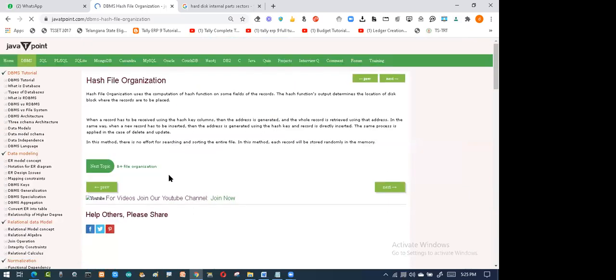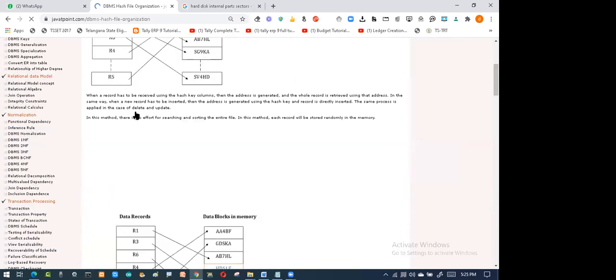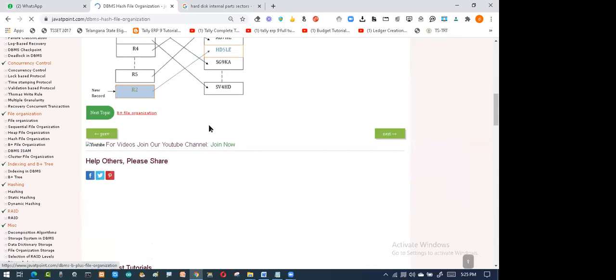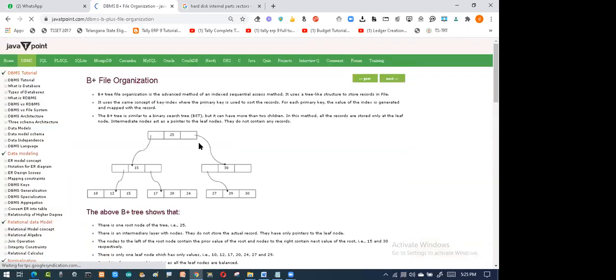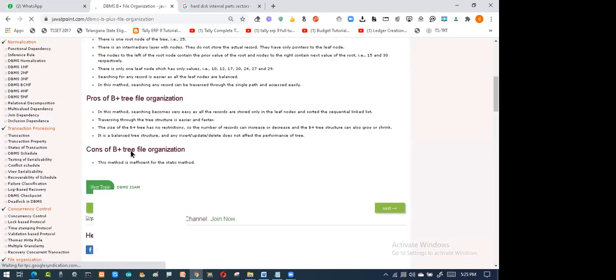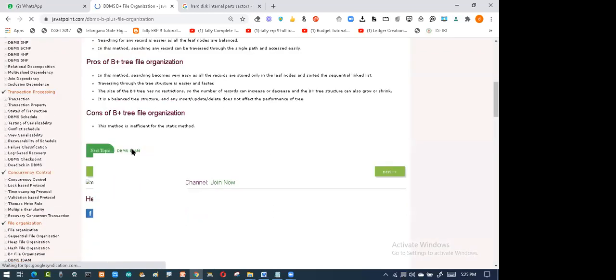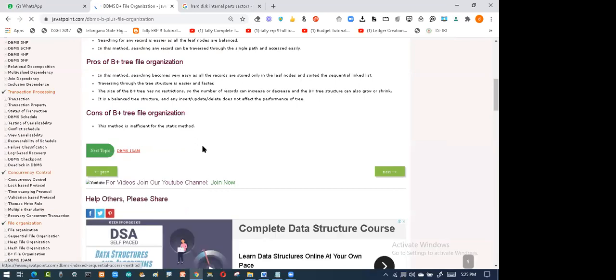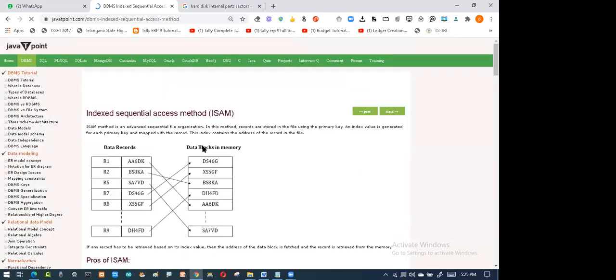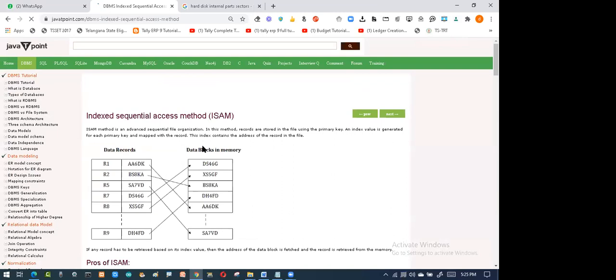So we have seen the hash file also. Then we'll see the B tree. B tree also we have seen, the tree structure. Then another important one is ISAM. So what is this? Index Sequential Access Method. So we have seen the index sequential, B tree index, hash file. So in index, we have seen something called cluster index. In the same fashion you will find the index sequential access method.